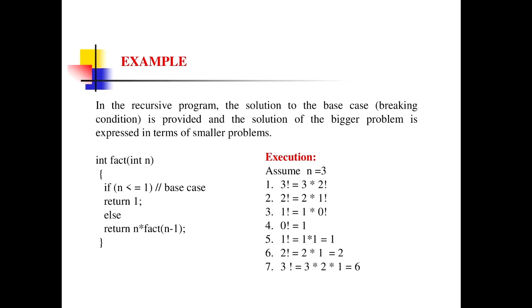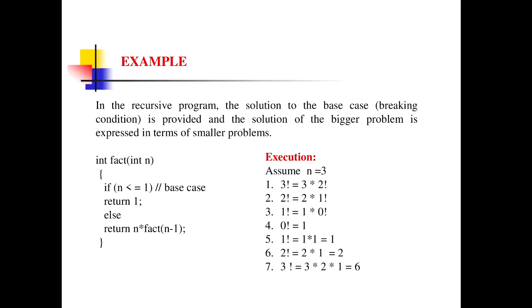On the left side, I have given some code of the recursion of factorial of a number, and on the right part I have given the execution, means how exactly this code is executed by taking some example. This is also called the dry run. So first you understand the code. Here I design the function fact. The name of the function is fact. It takes one parameter of type integer. As it is a function, it must return a value, and that's why here I take the return data type as an integer.